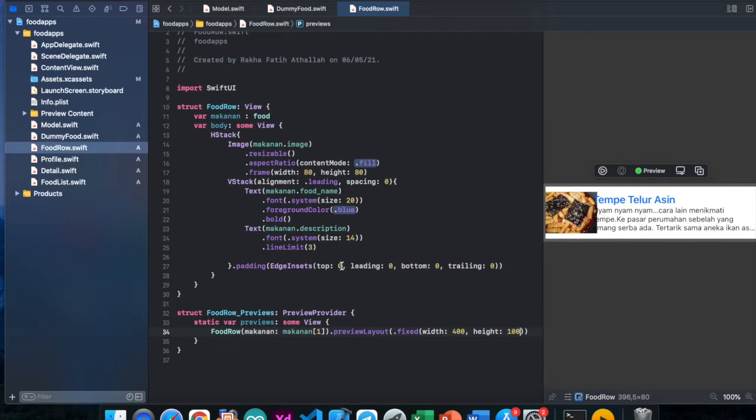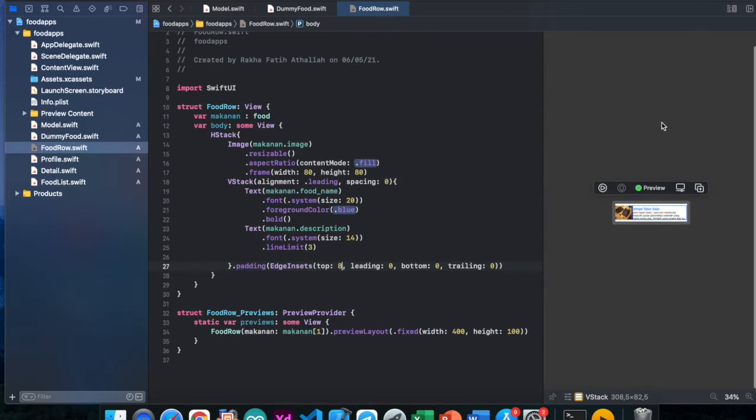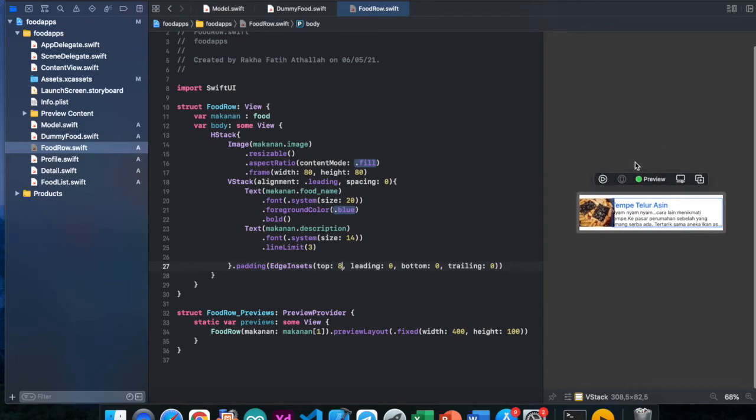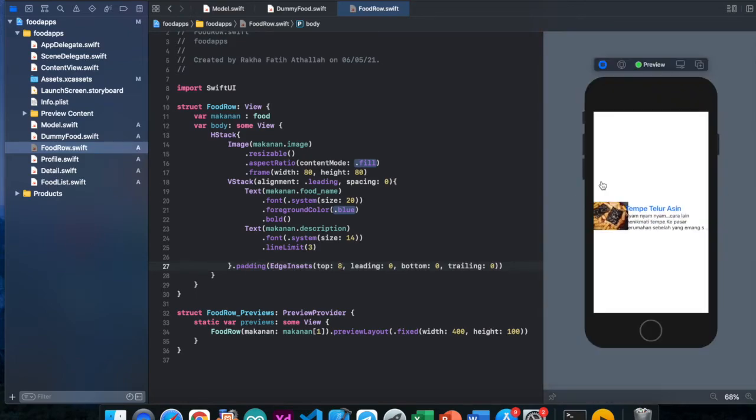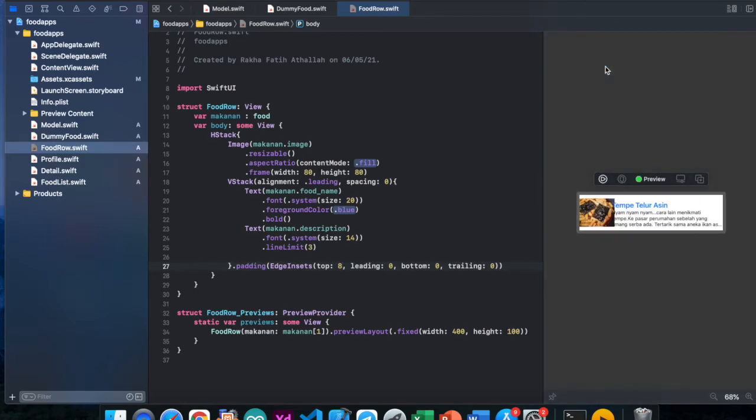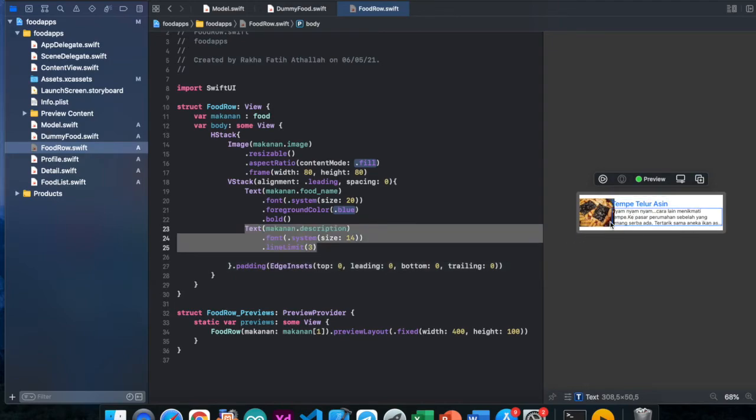Wait, there's something wrong in here. Font. Okay, so